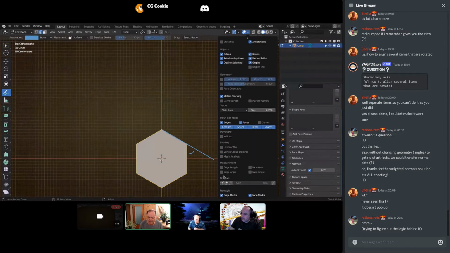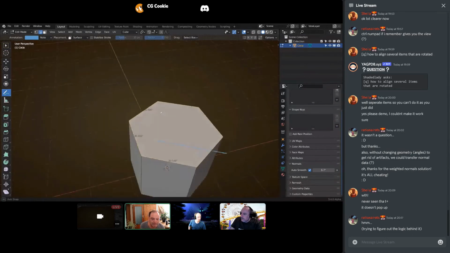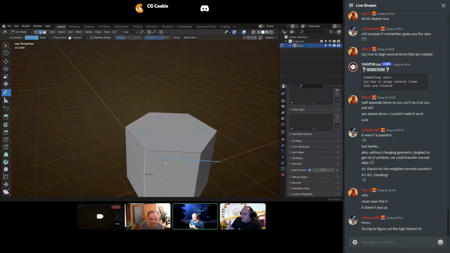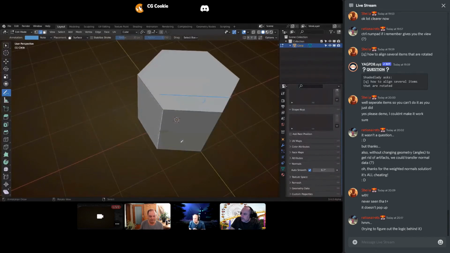Okay, there is an edge angle and a face angle. It takes this angle, and that's not what I want. Face angle is what you want. Here, it says 60 degrees. Yeah, that's the edge angle that you're auto smoothing. Yep, that is that angle completely. So it says 60 degrees, but